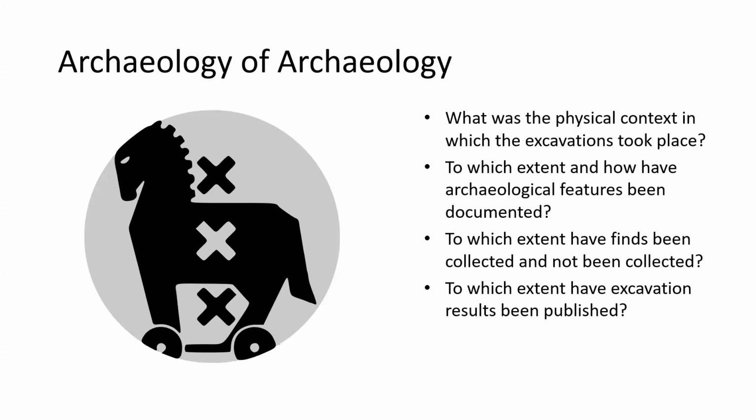That tells us something about their methodology, their framework in which they were thinking, in the way that they interpreted the site. Also, to which extent have finds been collected or not collected? So how do they define what is an archaeological find and what is not? And to which extent have these excavation results been published? So these are all parts of the project